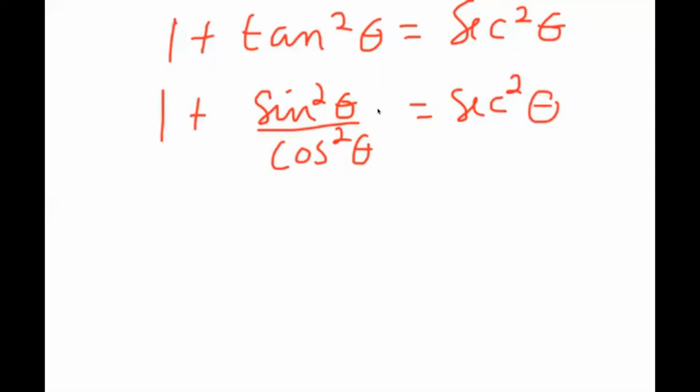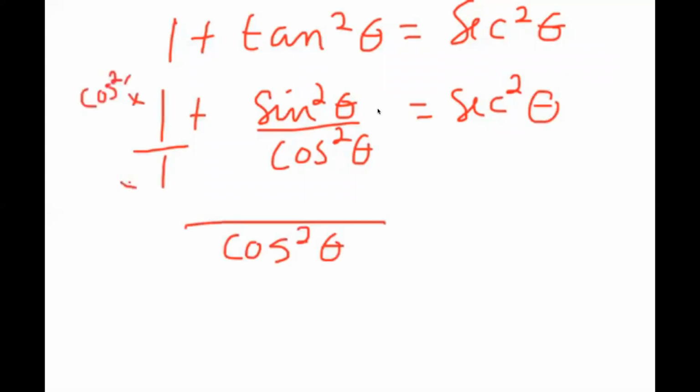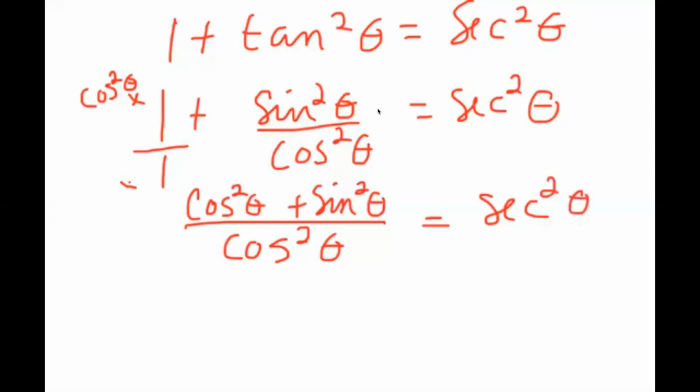I'm adding basically two fractions. I need to change that one to a unit fraction. So as a unit fraction, it's going to become cosine squared theta over cosine squared theta. Okay, guys? So if that is the case, listen to this. When I add them together, because I have to multiply the denominator and numerator by cosine squared theta so I can have like denominators, this will become cosine squared theta plus sine squared theta over cosine squared theta equals